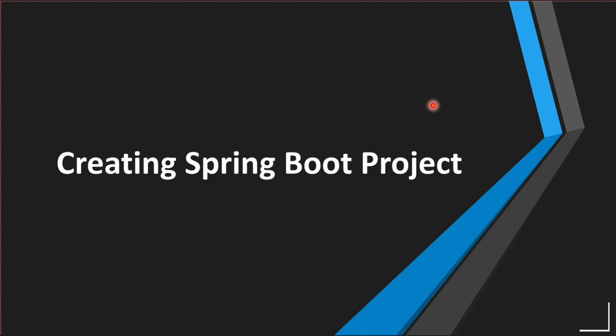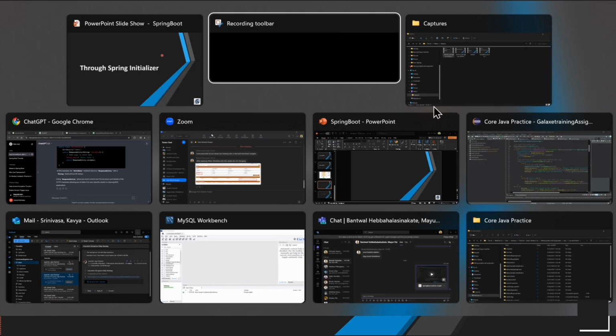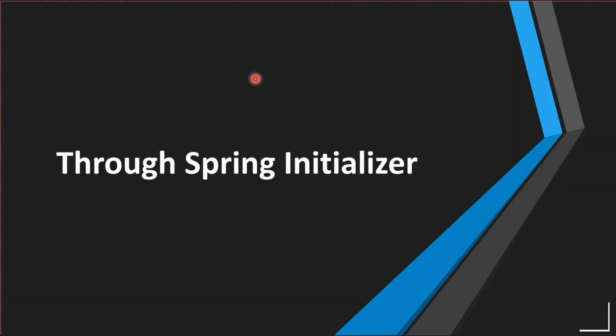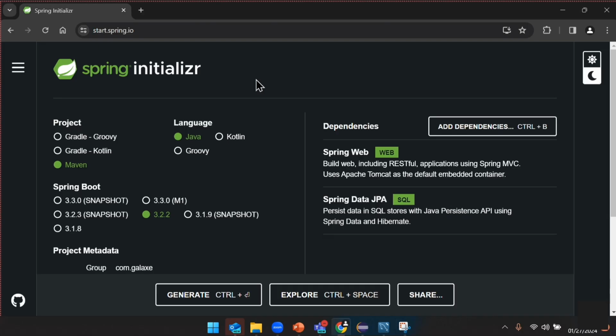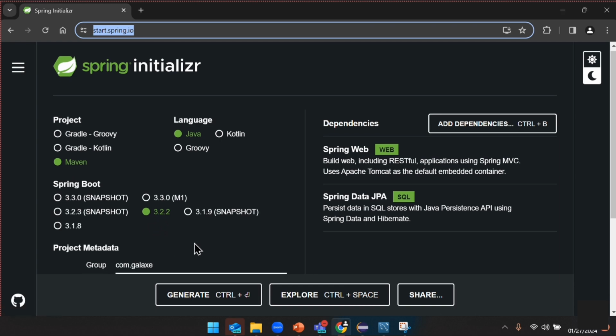Let's start creating a Spring Boot project through Spring Initializr. We will go to our Chrome and type the URL as start.spring.io. In the Spring Initializr, we will choose project type as Maven, language as Java, Spring Boot version 3.2.2, and